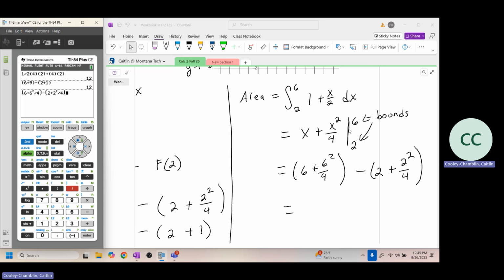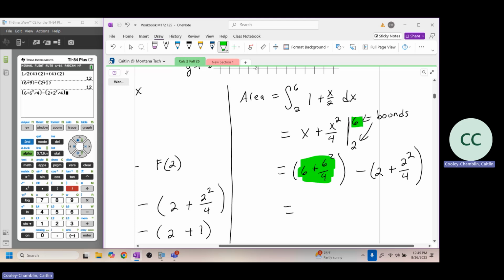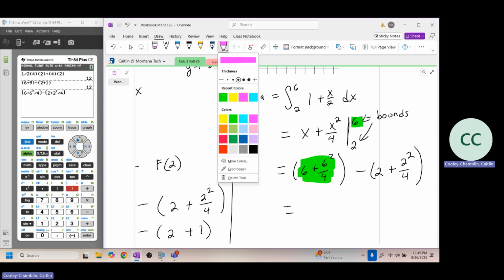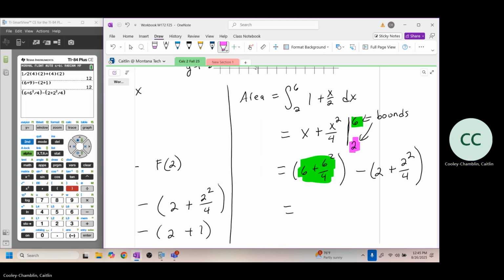Whenever we evaluate something, so we're going to evaluate our function at 6, that whole piece gets its own set of parentheses. So when we evaluate at 6, the whole thing goes in the parentheses. And then if we're going to evaluate at 2, that whole piece needs to get its own parentheses. So when you're evaluating, make sure you put it in parentheses. I don't know how many times I see students drop this, but we don't want to. Okay, so when we enter that, we get